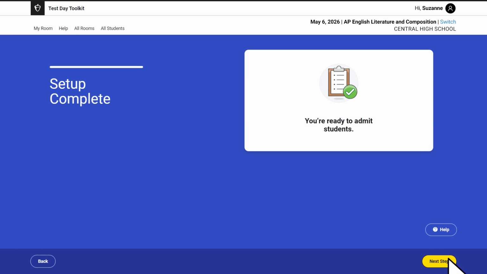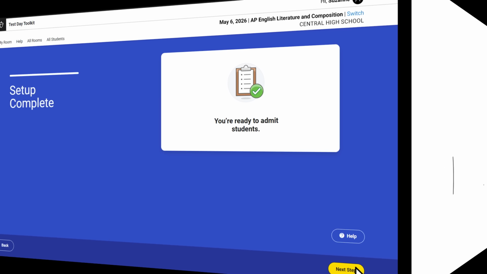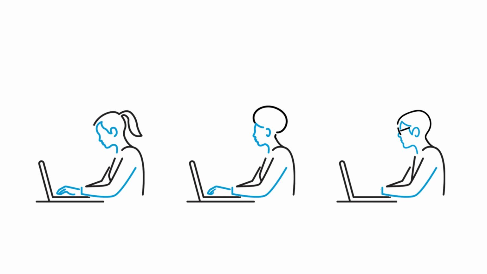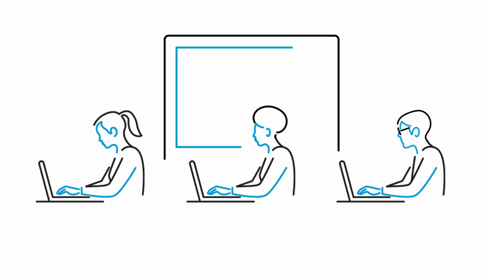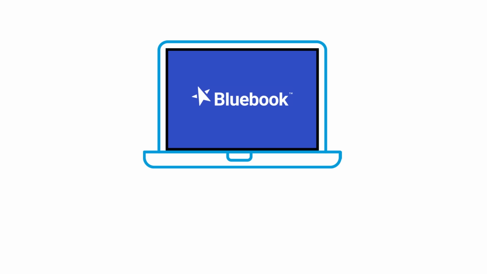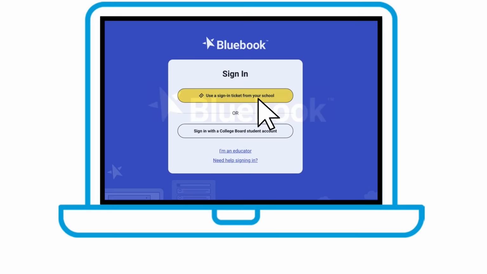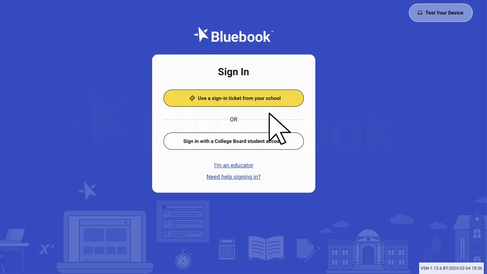Room setup is complete. Proctors can now open the door and invite students into the exam room, check the identity of any students they don't know, and help them get seated. Once students sit in their seats, they should power up their testing device and follow the instructions the proctor wrote on the board. Students begin Bluebook check-in by clicking the star icon to open Bluebook, signing in using their College Board student account,